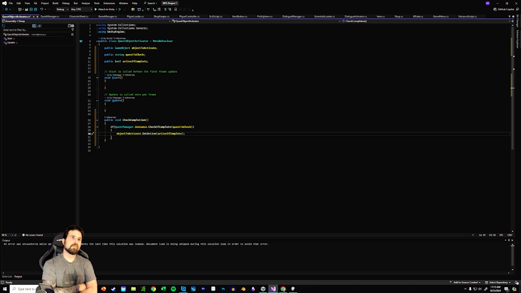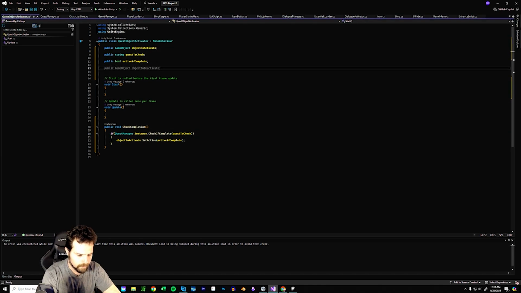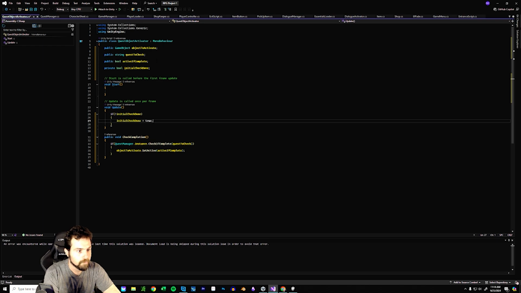We've shown a couple of other ways to do this as well, but we're going to add another little way in here. We'll create a private bool initialCheckDone, and in the Update loop here we're just going to say if not initialCheckDone. So if we haven't already done the initial check, then straight away say initialCheckDone equals true,